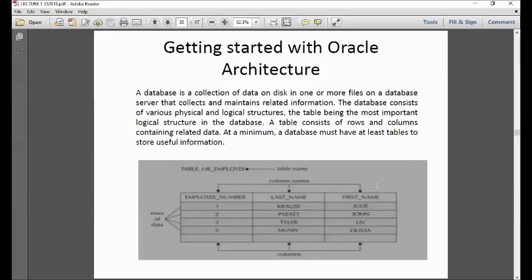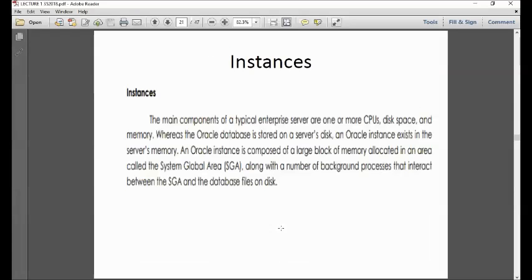As I've shown you in the IDE of SQL Developer, you have your table. And your table name is HR employee. And in your table, you have columns. Now, your columns, these will be your names. And rows, these are your data. Okay, simple as that. So, we have instances.